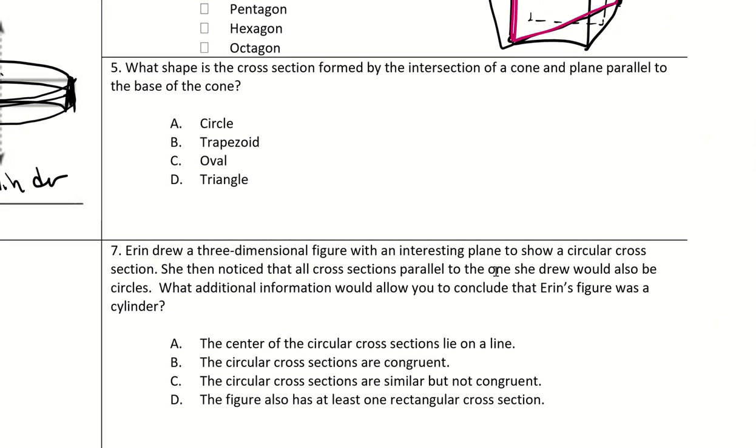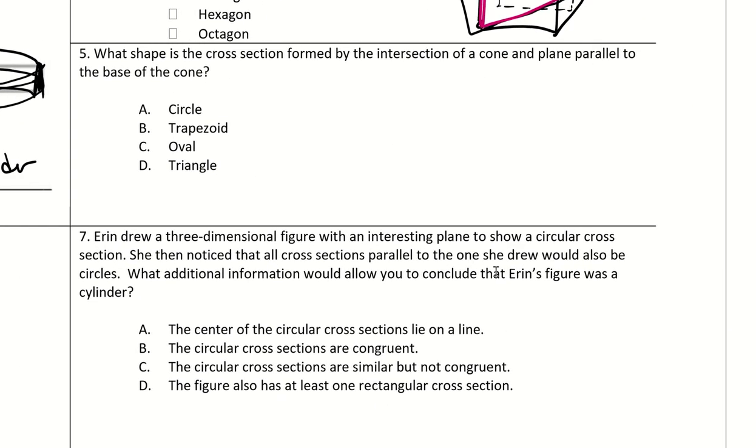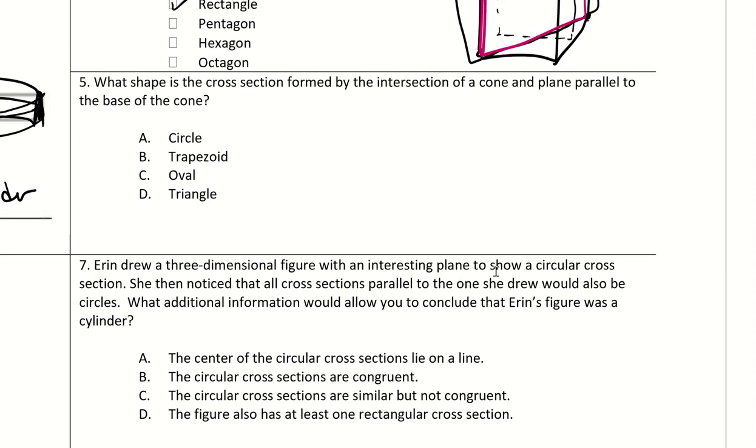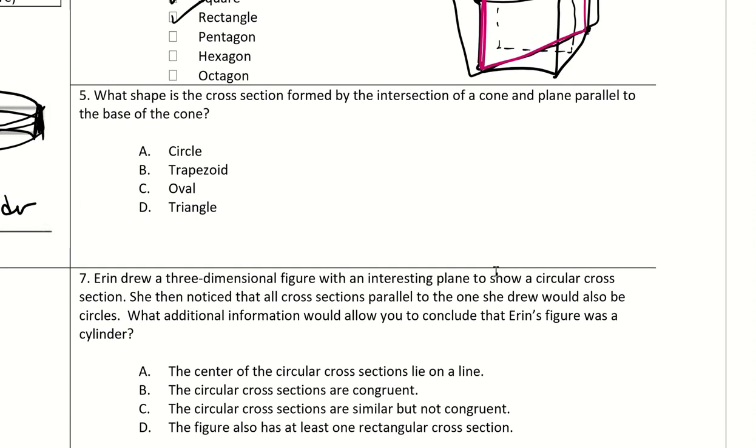All right, number 5. What shape is the cross section formed by the intersection of a cone and a plane parallel to the base of the cone? What shape is the cross section? So if we have a cone, and then we want a plane parallel to the base of the cone. So this is the base of the cone,